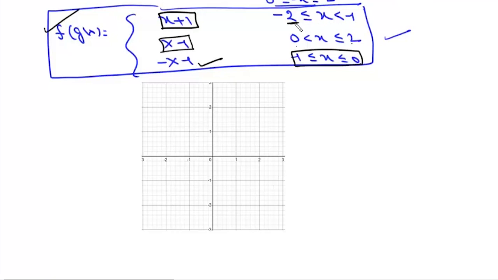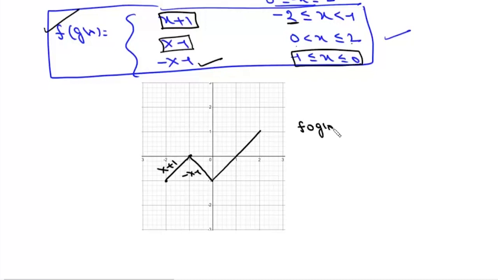Now once we have this definition of f of gx, we can draw its graph. When x is minus 2, this value is minus 1. When x is minus 1, this value is 0. So this is x plus 1. Now when x is minus 1, this is 0, and when x is 0, this is minus 1. So this is minus x minus 1. And here, if we take x as 0, it is minus 1, and at 2, this value is 1. So that is the graph of